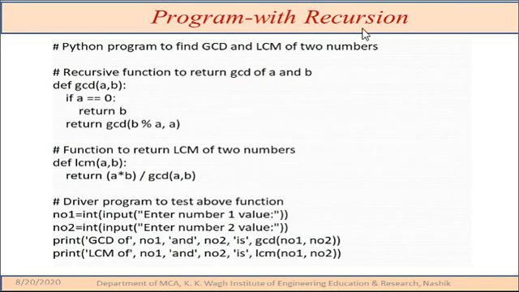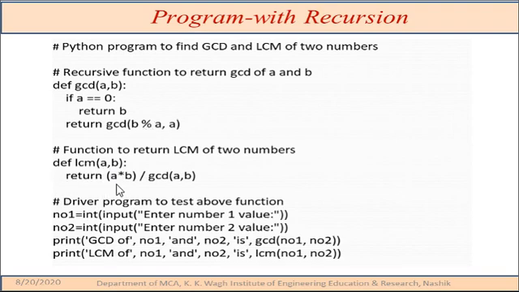Let's have a look at the one with recursion. If we want to use recursion, then we simply give the condition that if a equals 0, it will directly return the b value as the GCD. Otherwise, it will use the modulo operator for the recursion, where the GCD function calls itself. While calling, it passes b modulo a, and the second number is always put as the first number. Likewise, it will call recursively and return the GCD of that number.